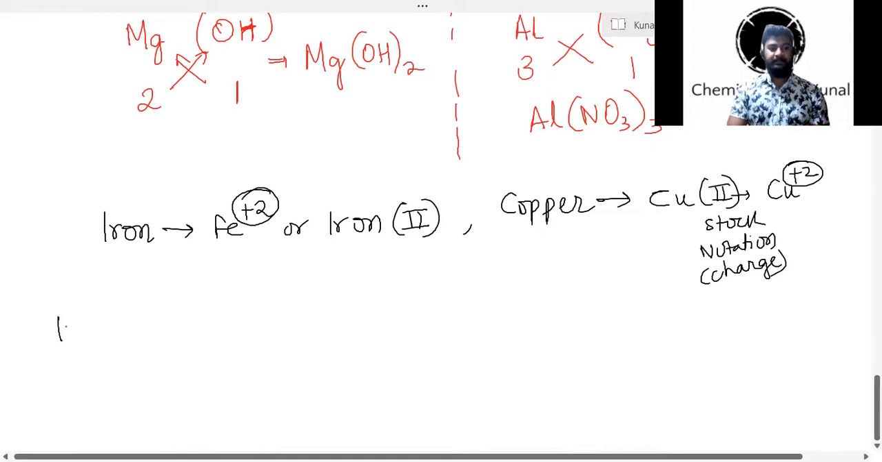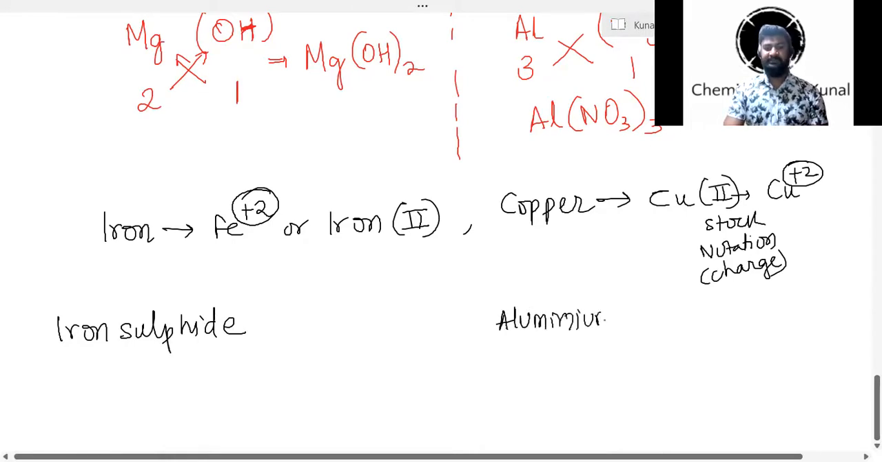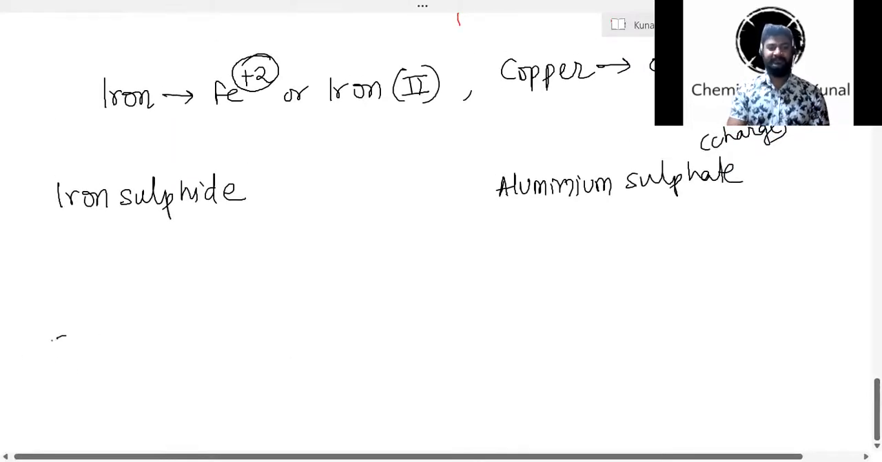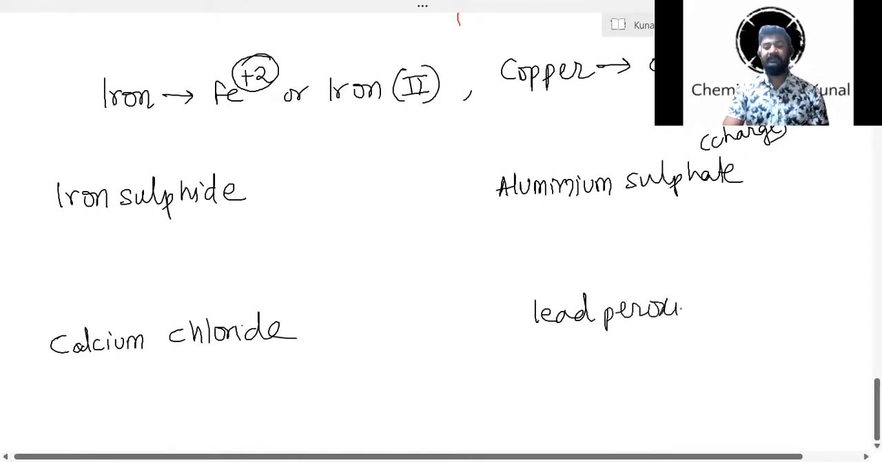Now let's start. Iron sulfide. You have to do the other way around: looking at the name, write the formula. This way you can have a both way understanding. Aluminium sulfate. Please do this one also. And then we will do calcium chloride, and the last one will be lead peroxide. Now again, another thing, when I say lead, I usually mean 2 plus,